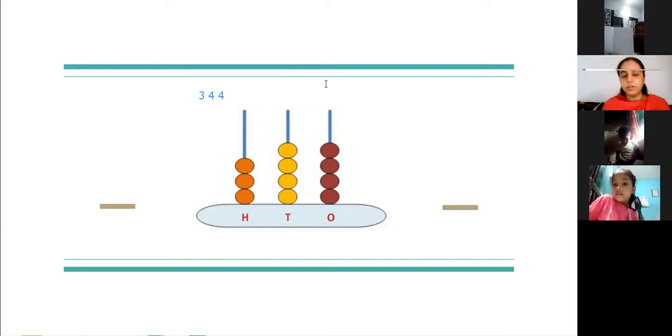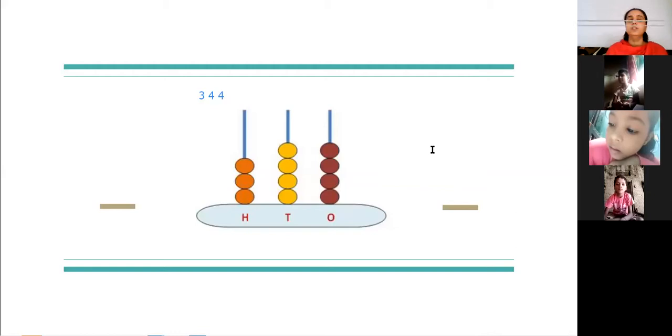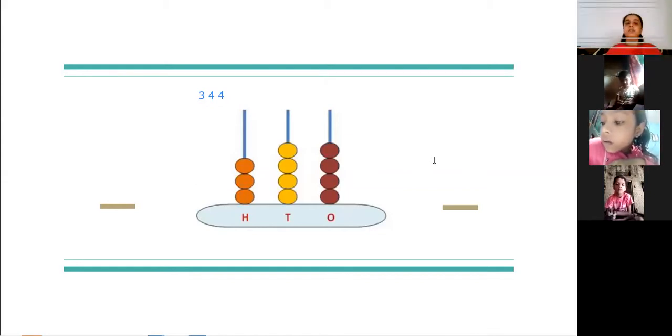This is a very good method of representing your number. Joy is trying to show us something. Okay, so children, this way we can represent the number and find out easily what number it is. Now I am giving you a number in the chat box. Draw it like this in a bead form and show me.